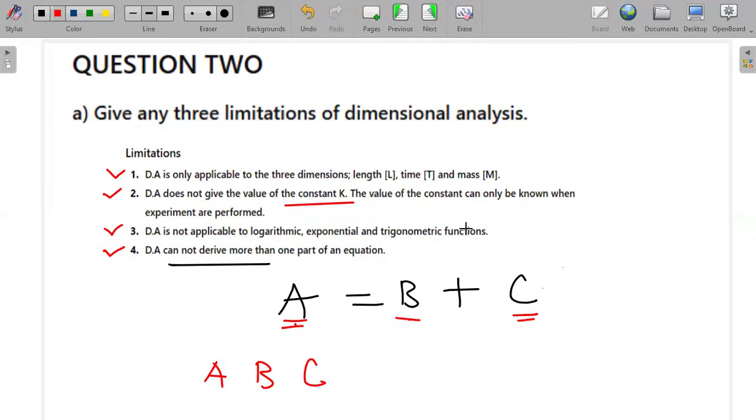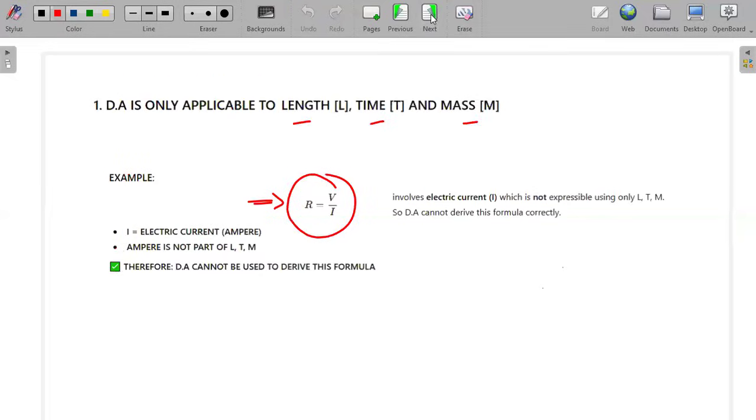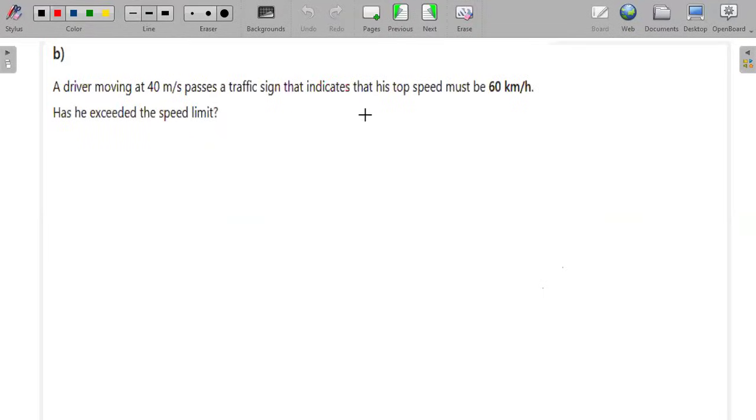And then the other use is when we are deriving equations of certain relationships. So I've explained that, and now I move to part B. Here on part B, we'll be using dimensional analysis